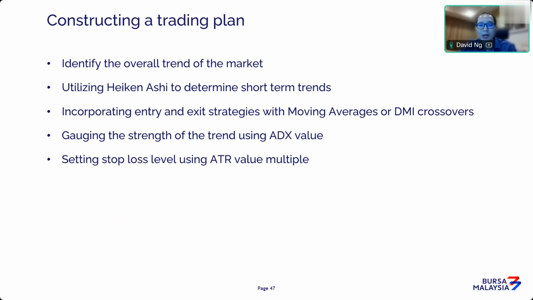Last but not least, in every trading plan you must have a way to measure your loss. Profit is a must, but managing a loss is critically important. One of the ways is to use ATR, what we call average true range, as a way to manage our risk, which I'm going to share on a later part. So this is pretty much the criteria that we can use when we construct a trading plan. Firstly, if you're a trend trader, look at trends in the market, and use trend trading tools to identify entry and exit strategies.